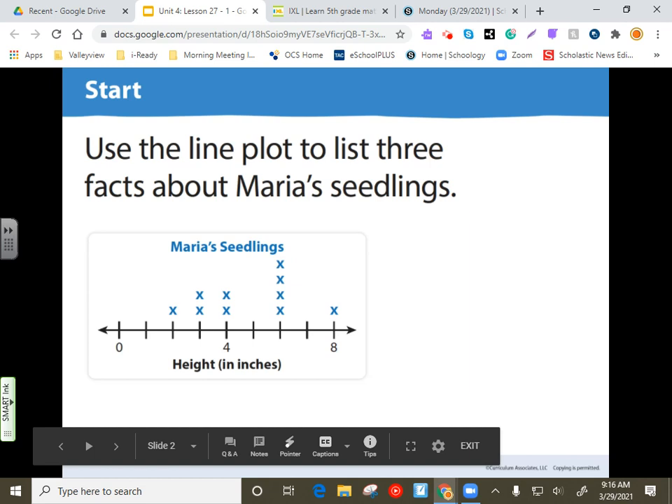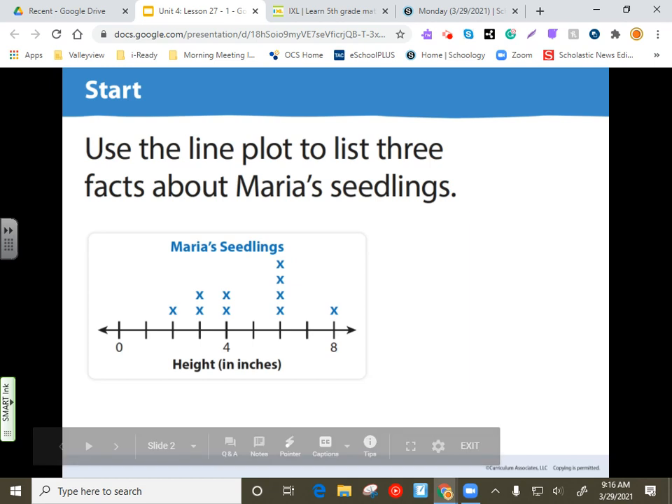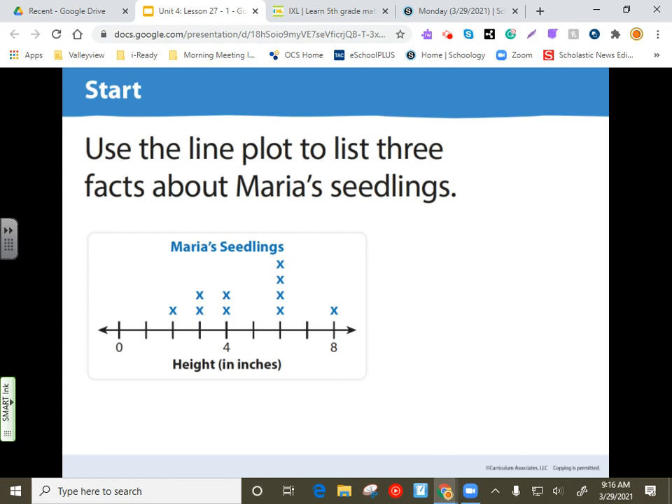So here's an example of a line plot here on some seedlings, some little mini plants that Maria's put together. So it wants to use this line plot to list 3 facts about Maria's seedlings. So what we have here are these X's mark the number of seedlings that are of this certain height down here. And every one of these tick marks is going to be the height in inches. And quite often you see with line plots, they'll either label every tick mark or just show you so you can kind of figure out what's what. So let's see. Our first thing we can figure out is if we look down here,